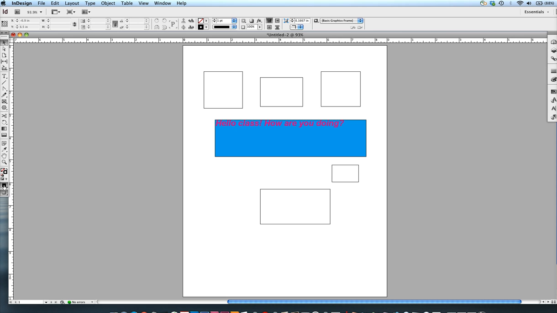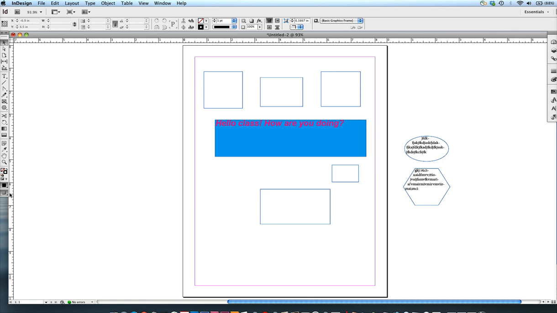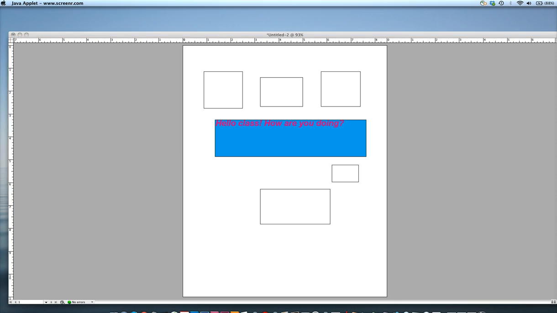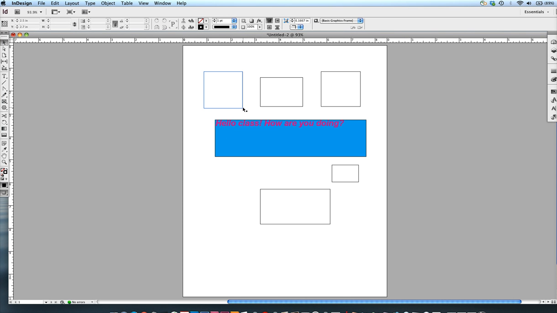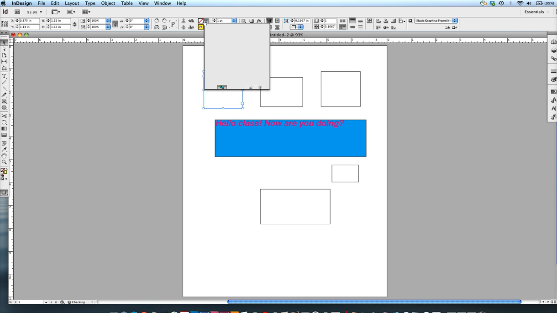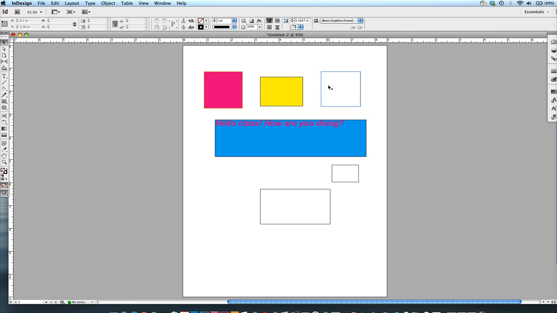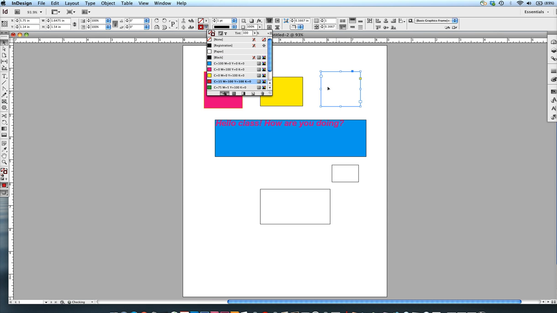And we can take a look at it in preview mode. Whoops, preview mode. And that's what it'll look like printed. Again, lovely. I think I'm going to go ahead and change all these boxes so they have different colors. So I'm going to change the stroke to yellow and the fill color to magenta, and then change this one's fill color to yellow and leave the stroke black. I mean, I really don't care what this looks like. I just want you